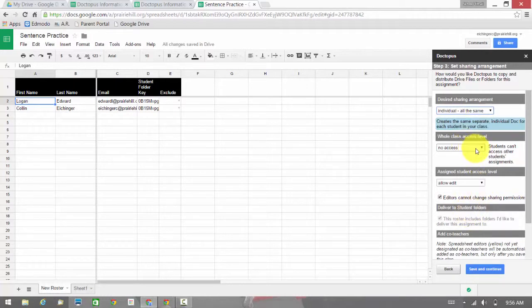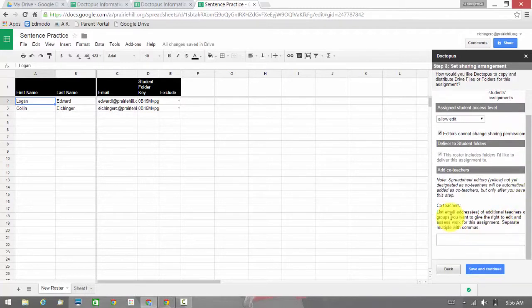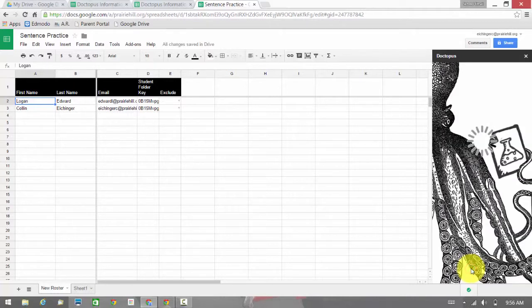I don't want the class to access this document because I don't want them to see what the other student is doing. You can also add co-teachers. So if it was like the gym teachers using it, for example, it would be Mr. Bonnie and Mrs. Ball. So if I hit save and continue,